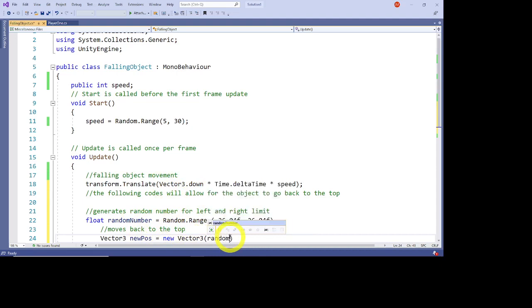So random number, comma, and the Y that we wrote is 15.72, and that's an F, comma, and 0 for the X. Okay, and you can have the F. So what's going to happen is it's going to move it back to the new position,